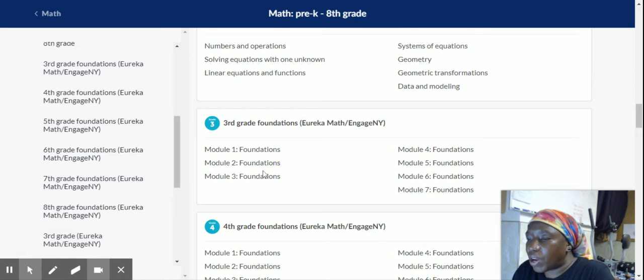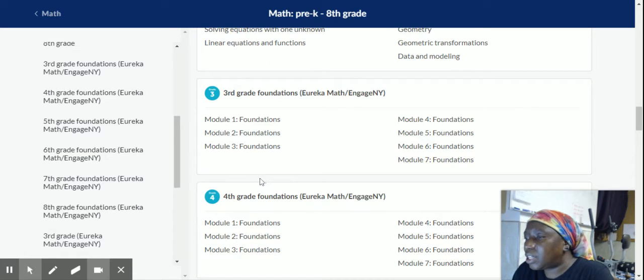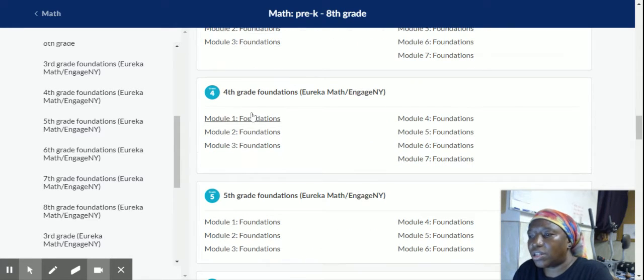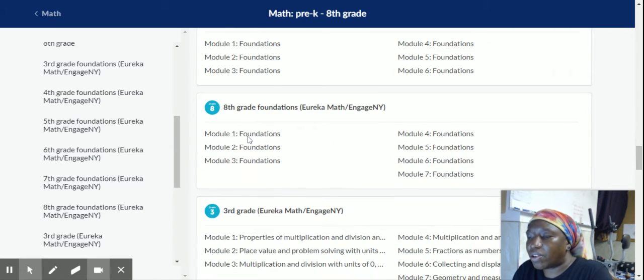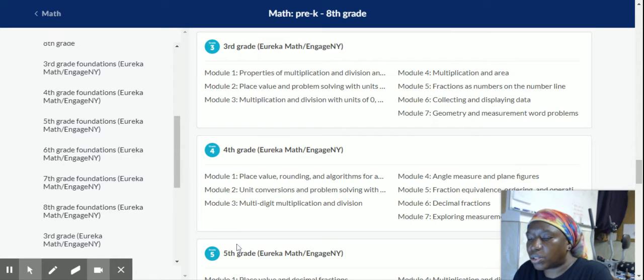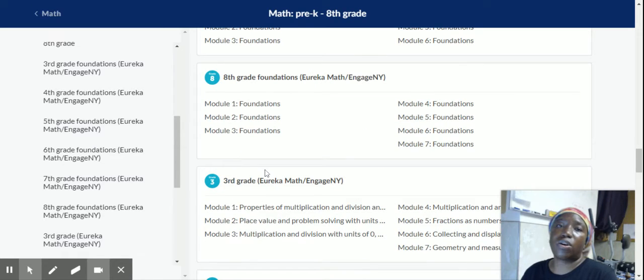Okay, so this is 3rd grade, talking about modules, foundations, and this is another type of math. See, grade 4, I skipped something. Grade 5, grade 6, grade 7, grade 8, we're going too far. Then they're talking about modules, place value, rounding, and algorithms. See, look, 4th grade. I'm doing all of it, so I'm just telling you where I am, so that when you do find me and you say, what algorithm? You already know because you're looking at this.